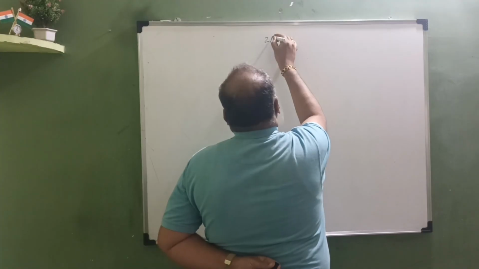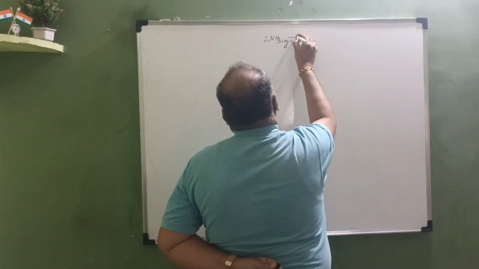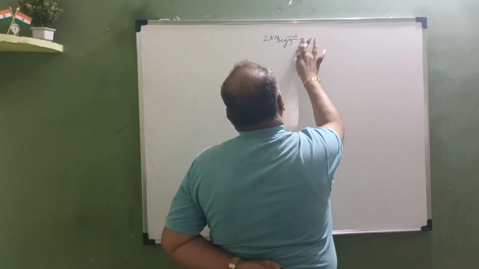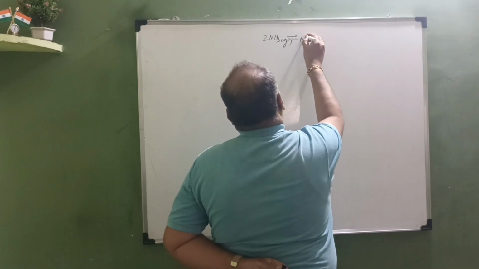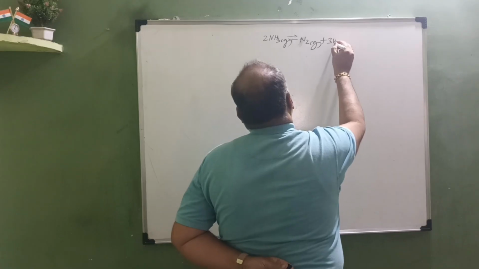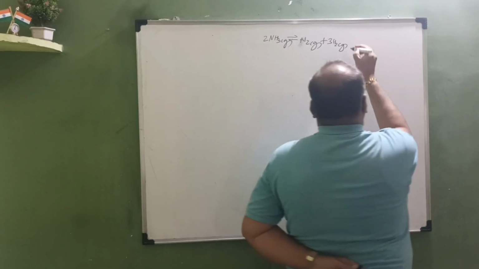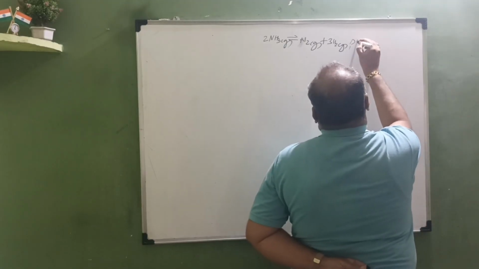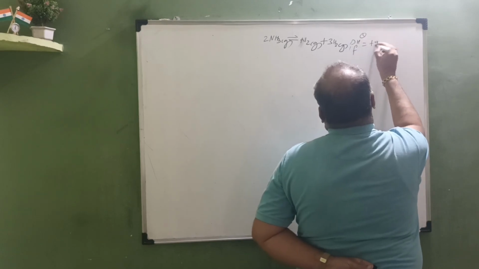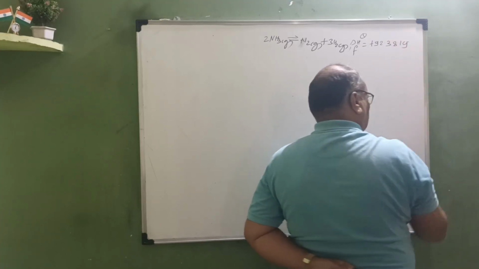2 NH3 gas gives N2 gas plus 3 H2 gas, and here delta H° is equal to plus 92.38 kilojoule. Now,